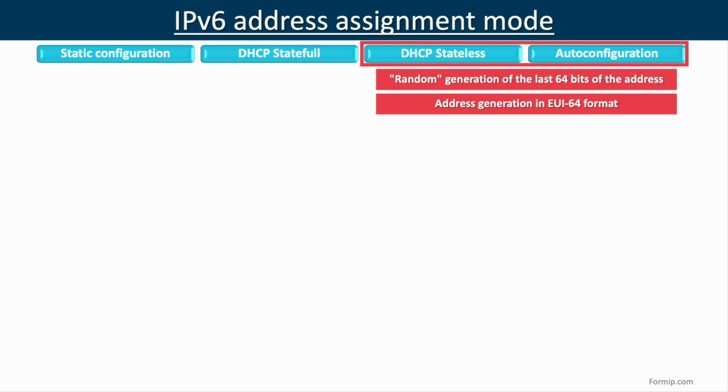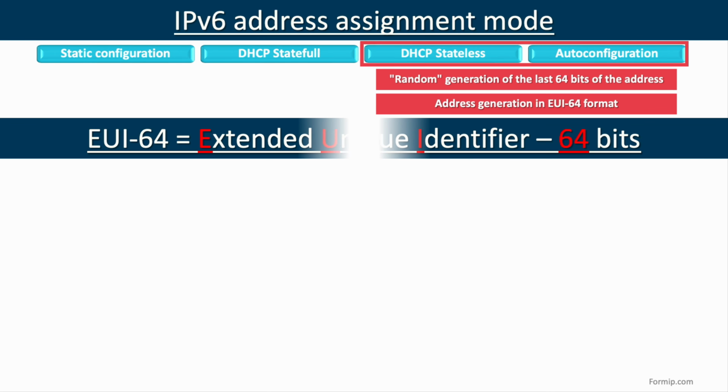Either it randomly generates the last 64 bits of its address, or the address generation is done in the EUI-64 format, based on its own MAC address. This allows it to make sure that it is the only one to have this address. The EUI-64 format is a way to form unicast IPv6 addresses. This is a unique method because, to be formed, it is based on the MAC address of the network card